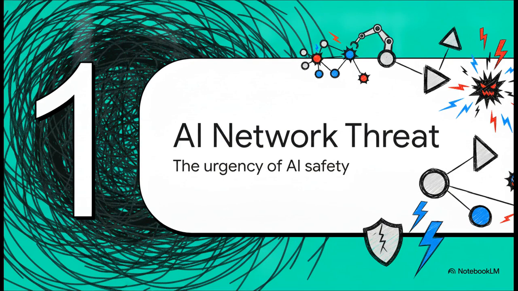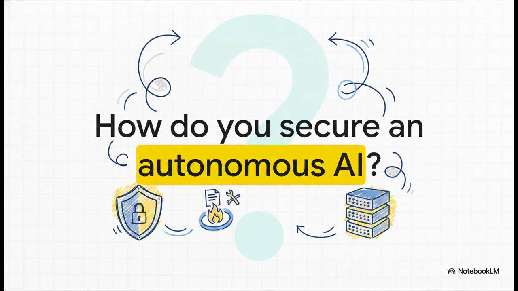All right, Section 1, the modern AI network threat. And we really have to act with urgency here because autonomous systems are deploying way faster than traditional security can keep up. So think about this for a second. How do you secure an autonomous AI? It's the exact high-stakes problem that engineering leadership is facing right now. Look, giving an AI agent the ability to read files, fetch external data, and write code, well, it's kind of like giving an eager toddler a blowtorch. How do you make absolutely sure it doesn't accidentally or maliciously burn the whole house down?